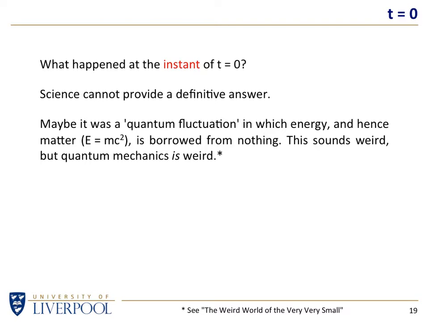And it is possible to borrow from nothing. Perhaps you were told at school that energy comes from one place and goes to another place, but you can never get energy from nothing. Unfortunately, that's not true. Quantum mechanics says you can do that. You can borrow energy from nothing. It's like borrowing money from a non-existent bank. It can just appear in your hand, and you can get it from nothing. The catch is you have to pay it back.